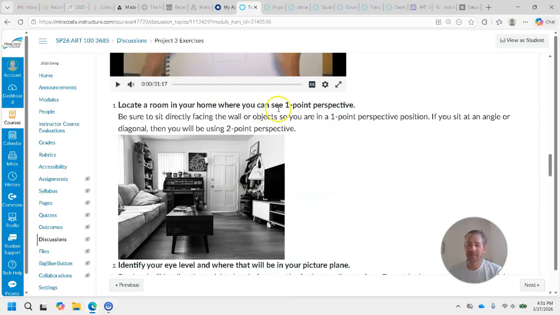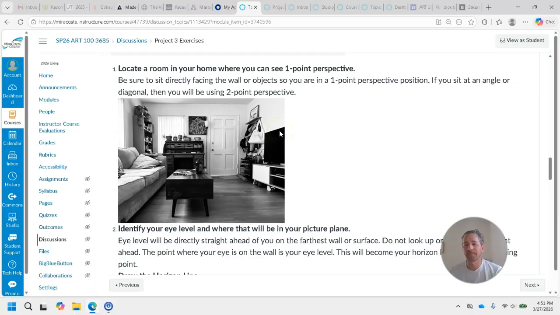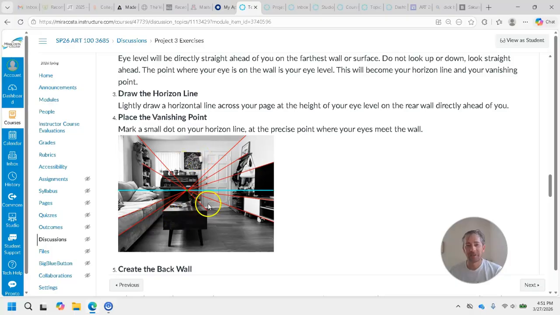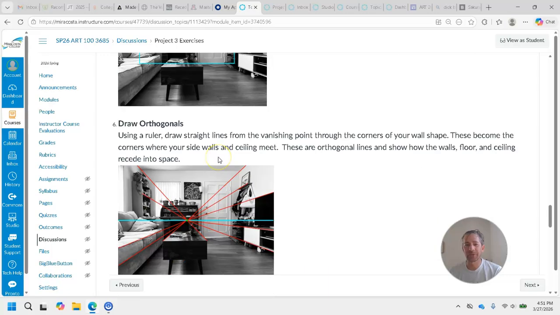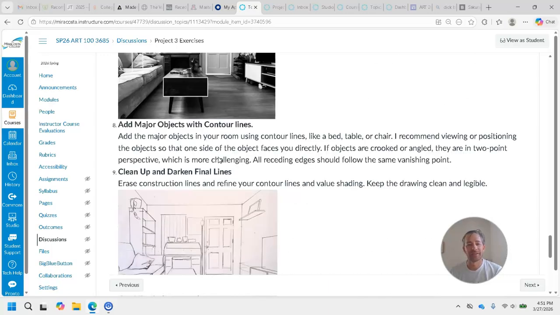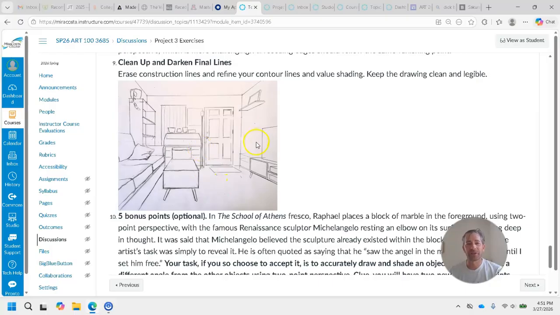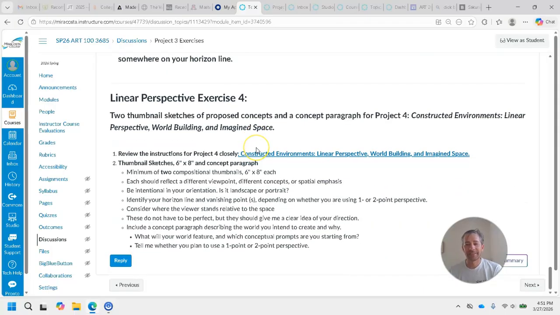And then I have some text instructions as well for you to follow along with, with the photographs I'm using, and then some other helpful guidelines and instructions and ways to think about linear perspective in this module. And then the final drawing that I produced of my living room. And then the last exercise, all of these exercises will be due on the first Friday of the module week. So essentially in about a week from today,